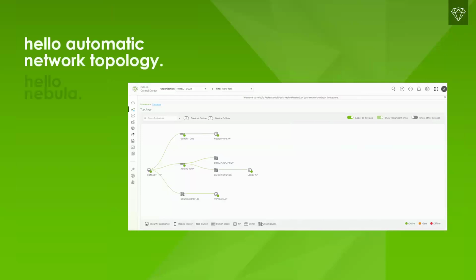We have an automatic topology view where we will automatically map out for you which devices are plugged into which other devices. So it's a handy tool if your customer's having issues and you don't remember what's plugged into what, we can show you what's there to help you with troubleshooting,